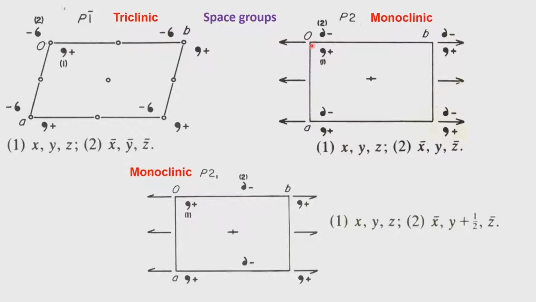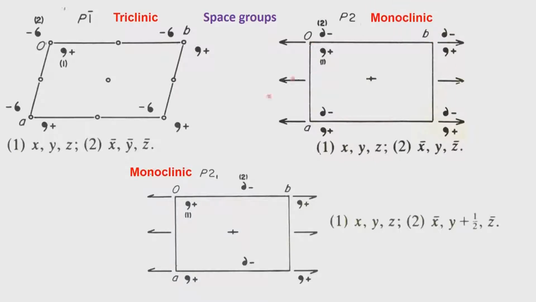So, this angle is beta. The vector which comes out from the origin is at an angle of beta. It is not necessarily the case that it should be 90 degrees. That is a very important point. Do not think that this is now coming in the direction at 90 degrees; this comes at an angle of beta, and that therefore qualifies this complete description of this space group P2.